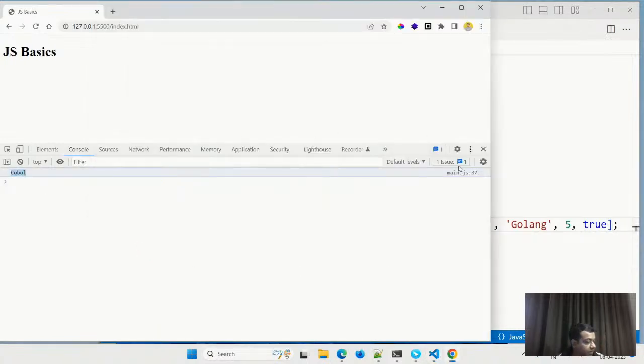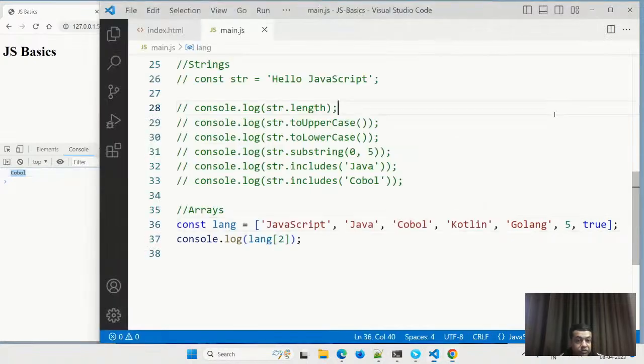Now as strings have certain methods, arrays also have a lot of methods. In fact, arrays have more methods than strings. Arrays are a very important data type. So let us understand some of the methods here. We don't insert or delete something randomly. We insert or add something to the back of the array, or remove something from the back of the array. Similarly, we add something to the start of the array, or remove something from the start of the array. We do that through some inbuilt functions.